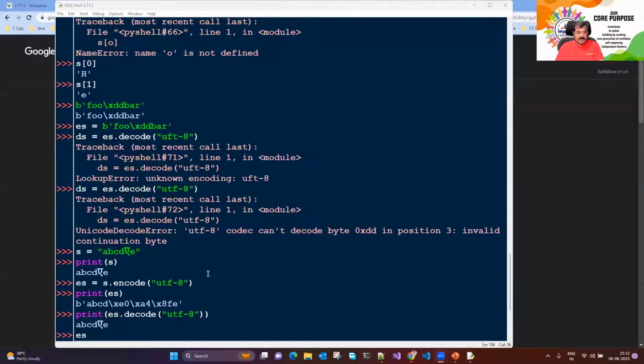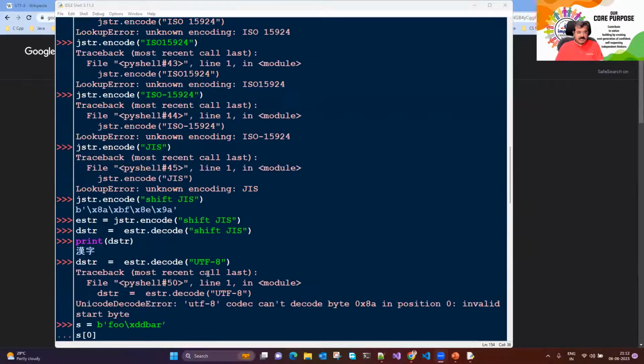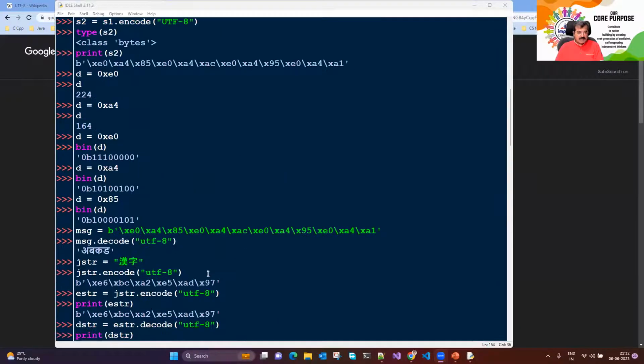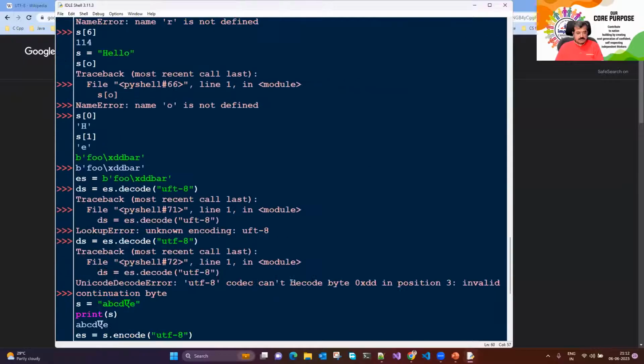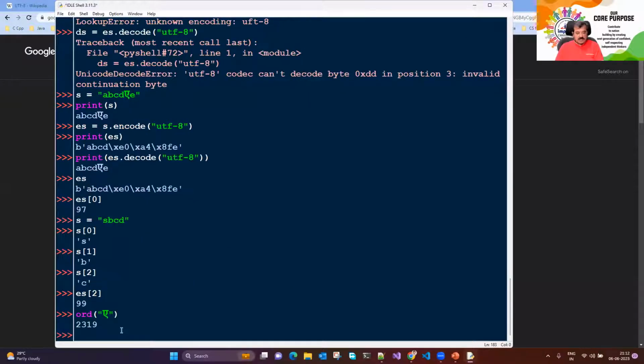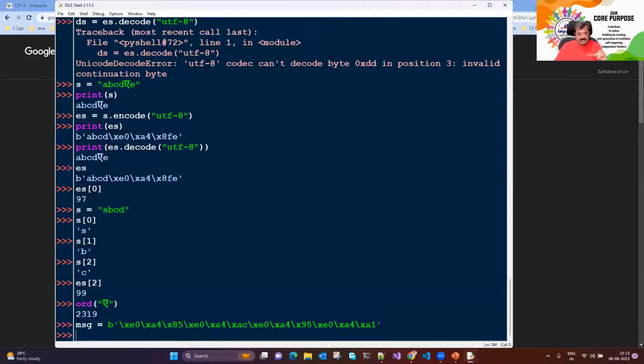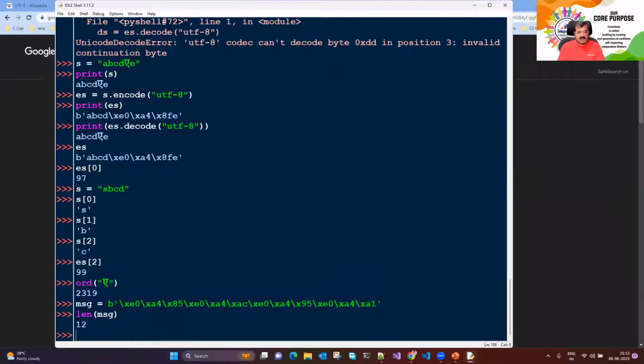That's also something which is very interesting to see. Now, tell me, in this string, कौन सा string था आपका? अब कहा गया, ये आपका एक मैसेज है, ध्यान से देखो। और इसे कैलकुलेट करके बताइए ये कितने कैरेक्टर्स की स्ट्रिंग है, कितने कैरेक्टर दिखाई देगा आपको यहाँ? लेंथ कितनी है? कितने हैं? 1 2 3 4 5 6 7 8 9 10 11 12। ओके, तो इसकी लेंथ अगर हम लोग देखते हैं, लेंथ ऑफ माय मैसेज, तो कहता है 12।